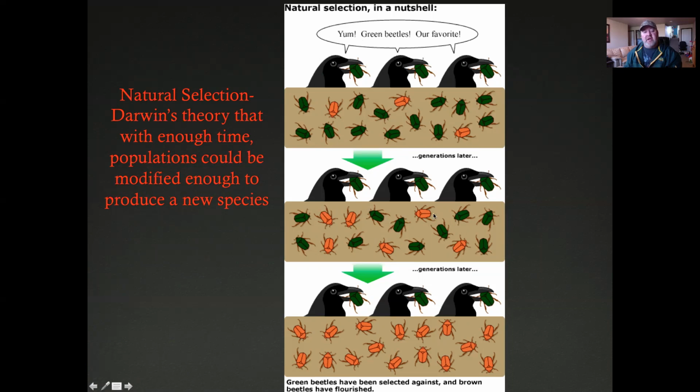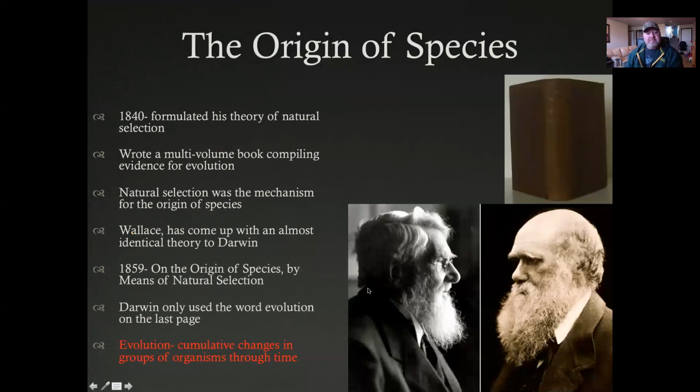So several generations later now, they've eaten all of the green beetles, and all that's left are the orange, or what they're calling the brown beetles. And the brown beetles have flourished, right? Now, the adaptation that they have that makes it more advantageous for them is that they're orange, or for whatever reason they taste different, or they're camouflaged, or whatever. Now, obviously, that orange color in nature isn't nearly as camouflaged as a greenish color.